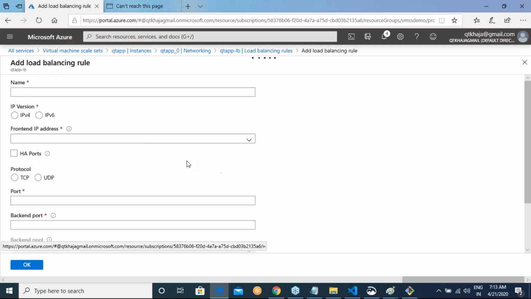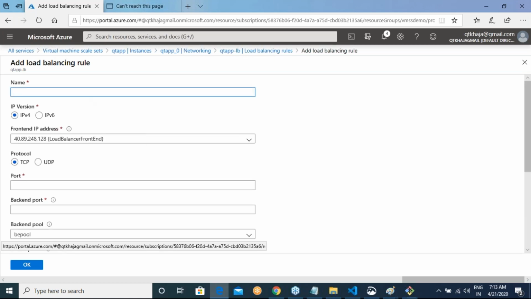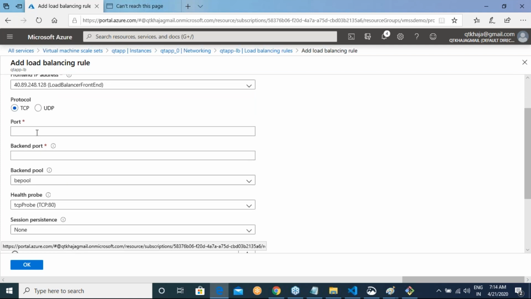Okay, this you should never do. This is not a good rule, but fine. I'm just writing the rule's name itself as "not a good rule", because I want to show you the troubleshooting, not the happy path. Okay, front end port is 22, back end port is 80.